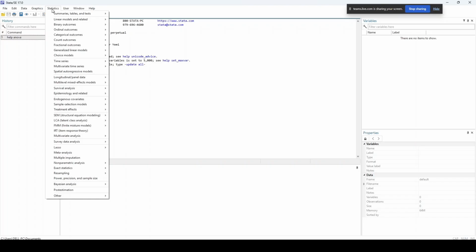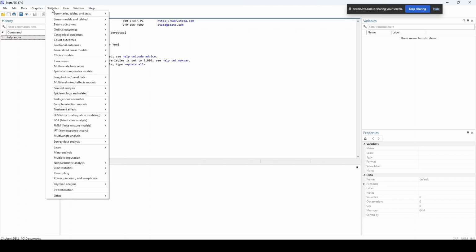Summarize, summarize table and test, linear model and related, binary outcome, ordinal outcome, categorical outcome, count outcome, fractional outcomes, generalized linear models, choice models, time series, multivariate time series, spatial autoregressive model, longitudinal data, panel data, multilevel mixed effects model, survival analysis,